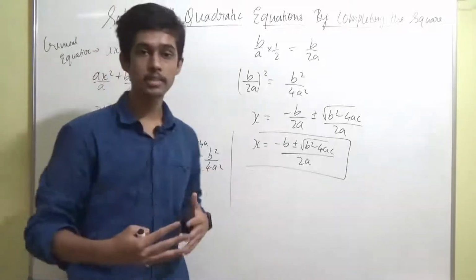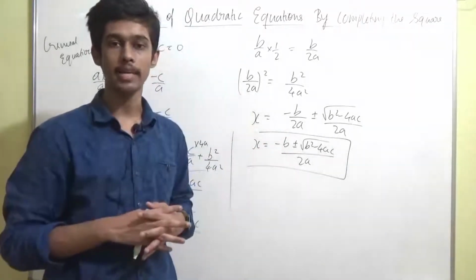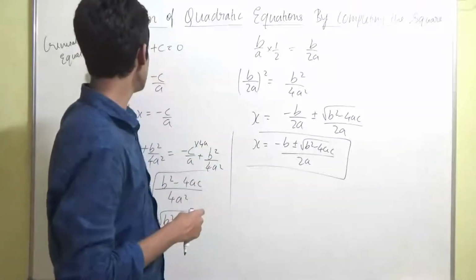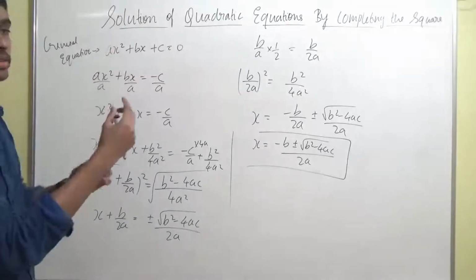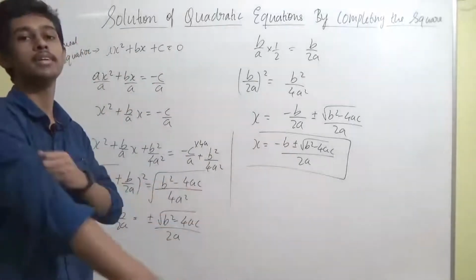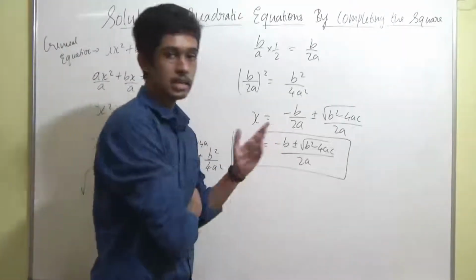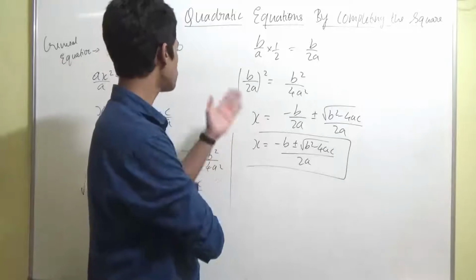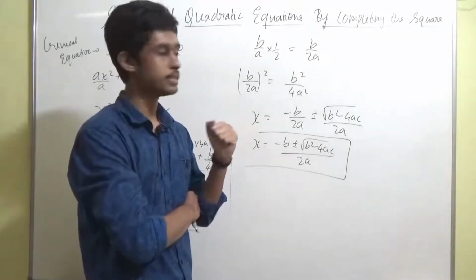So in the questions ahead, we are directly going to use this formula and find the value of x. We are just going to substitute the values of the coefficient of x square, the coefficient of x, and the constant term, that is a, b, c. If you simply substitute in the formula itself, we are going to get the solution. As simple as that. So make sure you remember this equation. Now I'll move aside. I hope you got the derivation. It's also in your NCERT textbook. You can just look at it once, right?